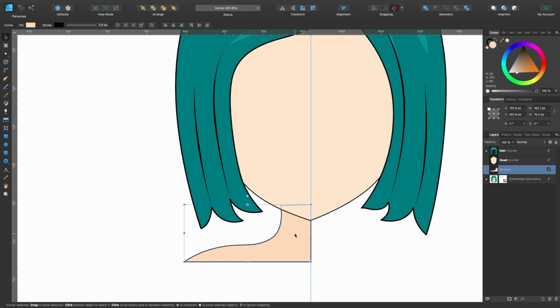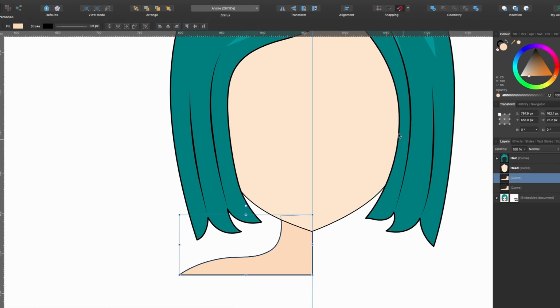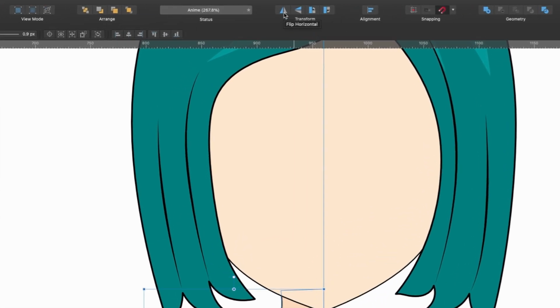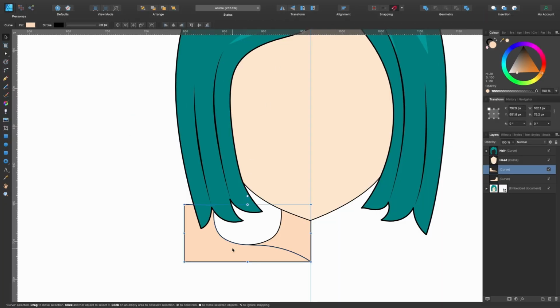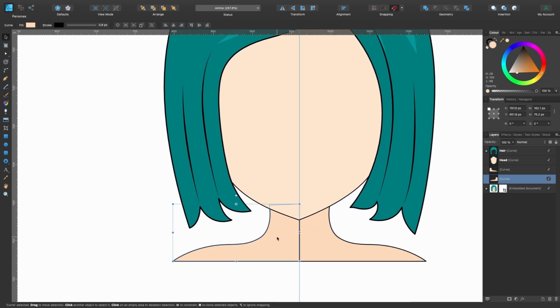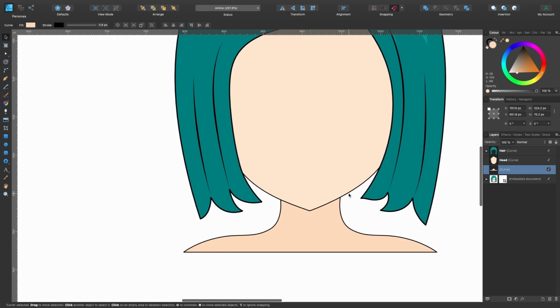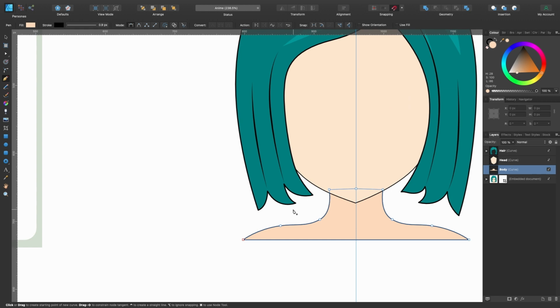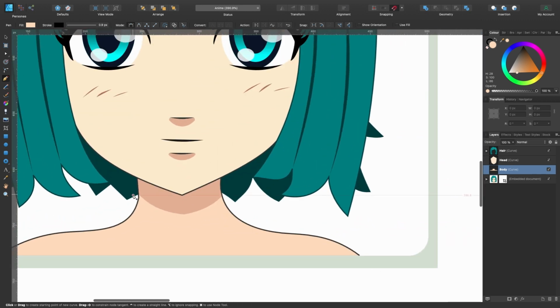We're going to duplicate it. So again, Command J to duplicate, and then we go up to transform, press flip horizontal, and now click whilst holding down Shift, click and drag across. So there we go, it snapped into place. Now we want to make these two shapes one shape. So I'll click once on that, hold down Shift, click on the other piece. They're both selected here. Again, up to geometry, click add, and now this is just one piece and you can name it body.